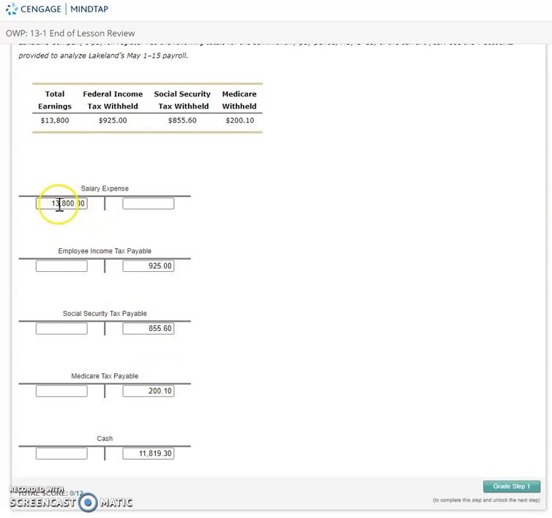I could always double check. Now I just subtracted, but I could double check to make sure that these four credits equal my one debit. I'm going to grade my step 1